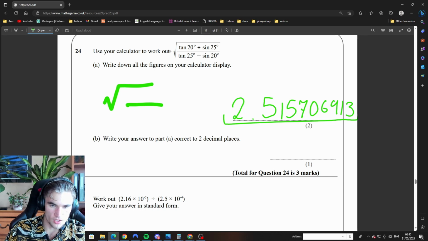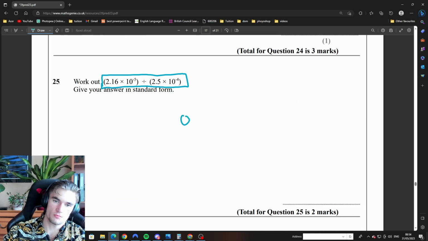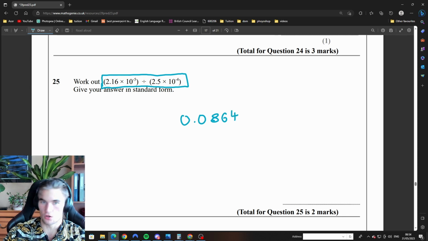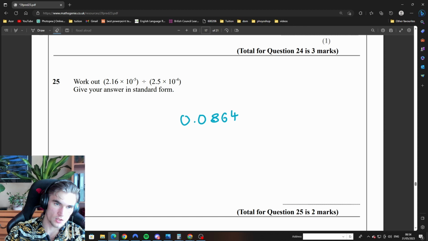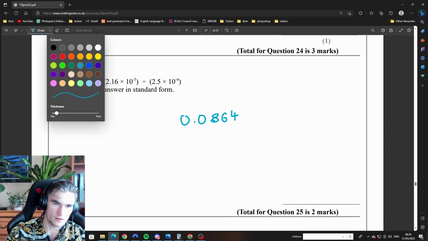Write your answer to part A corrected to 2 decimal places. Do you know what that is? Very good. 0.0864. Yeah, that's the answer. The only problem is that it's not in standard form. Okay, so how do I put this in standard form? Look, it's very easy actually. I want the decimal place to be behind the first number. So I want my answer to be